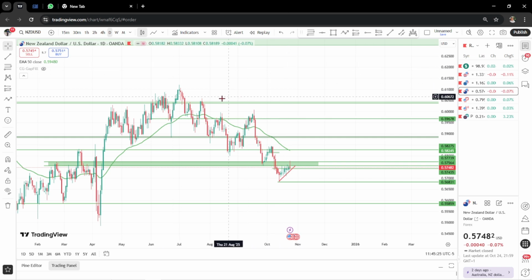You guys can see the downtrend always forms lower lows and lower highs, while an uptrend forms higher highs and higher lows. So what do I mean? Now this was when the market was bullish. It was forming higher lows, higher highs, higher lows, higher highs, until it fails